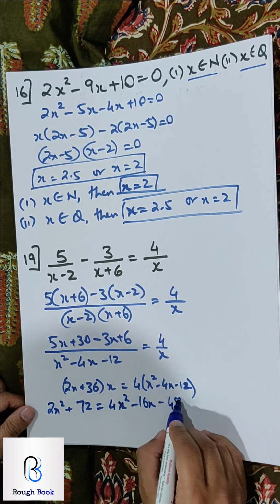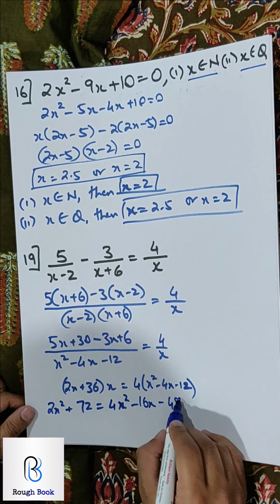Alright, a couple of errors from my side and major blunders. Number 1, this should be plus 4x. And number 2, I don't know why I wrote this 72. This should be 36x. So then this will be plus, this will be plus. So I'll get 4x square minus 2x square. 16 minus 36 will give me minus 20.